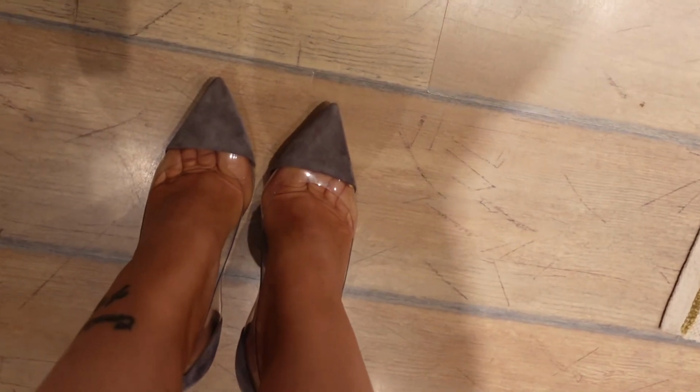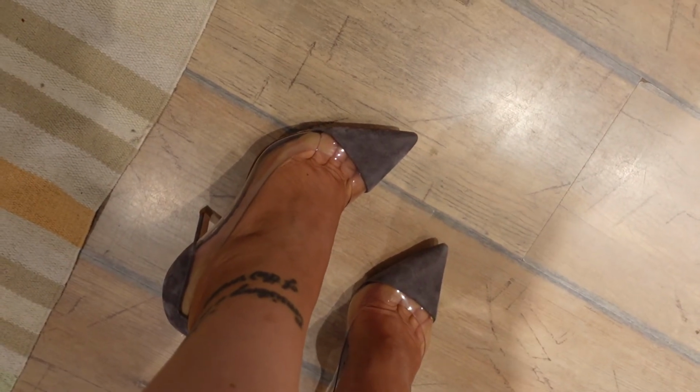If you're buying Plexi shoes just for your Instagram photos or for, I don't know, dinner that you're gonna walk from the car to the table and back, then a dupe is fine. You don't need to spend that much money, and it's still gonna look stylish and nice. But I would suggest at least try to find parts of it in leather. Don't go for full plastic because it's just not pleasant to wear this, even if it's just for a couple of hours. But if you're like me and you're actually buying shoes to walk in them, preferably all day, then